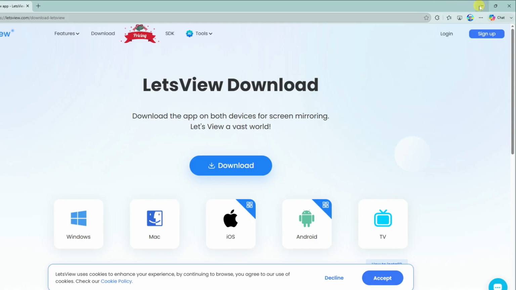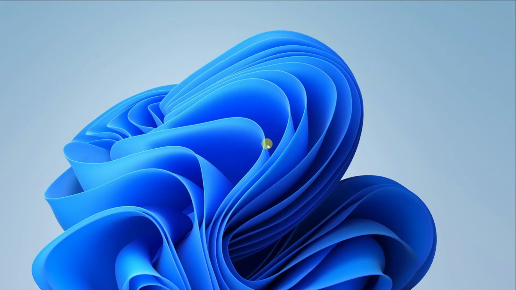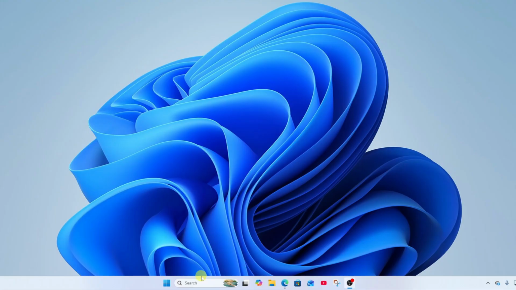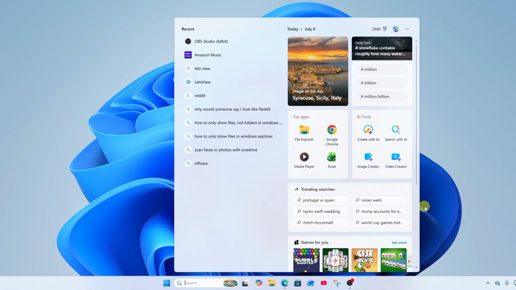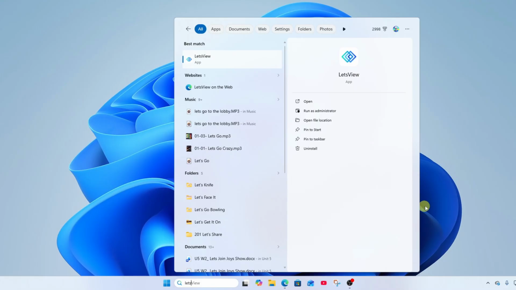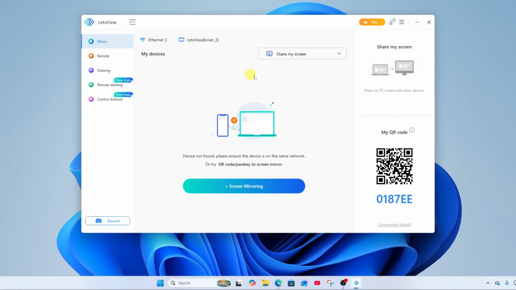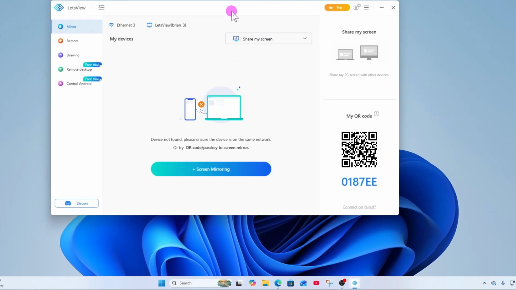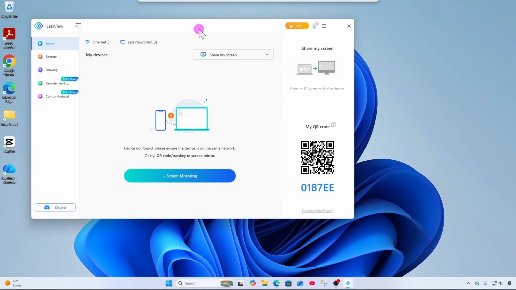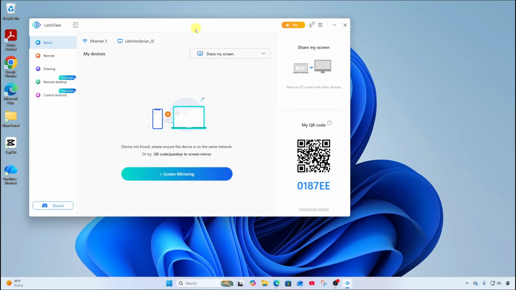All right, once you have installed Let's View, you're going to go ahead and run it. You can search for it in Windows Search. There it is, and I'll go ahead and run the app. All right, so here's the app ready to go here on my Windows desktop. Now we're going to switch over to my Google Pixel phone so we can see how to set it up